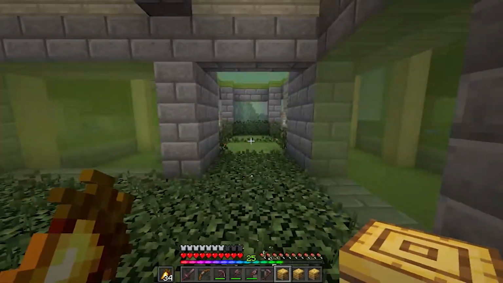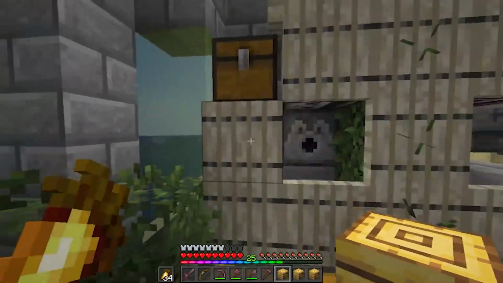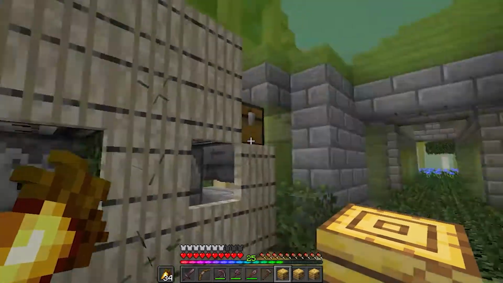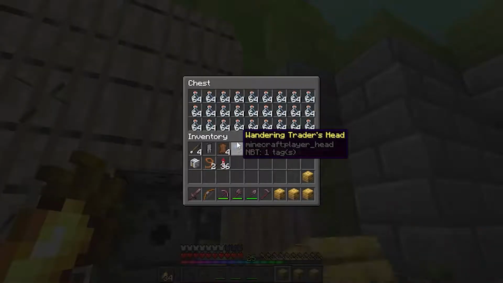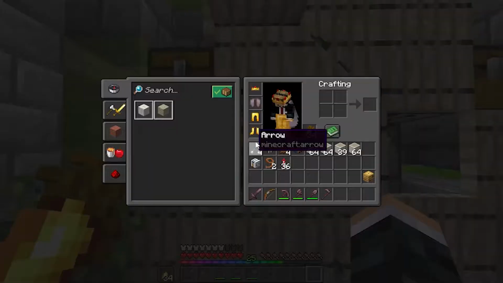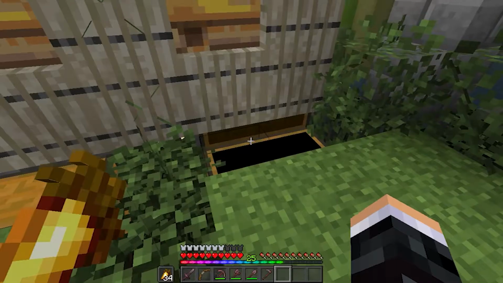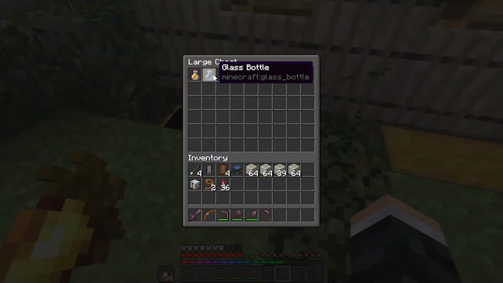I think that would be cool. I will definitely enjoy it, but we've got this little guy here. This is going to be an automatic bee farm. So you've got glass bottles for honey here, and you've got shears here, and basically it's two of each. So if we do this, it should all... There we go. See? 3, and then...